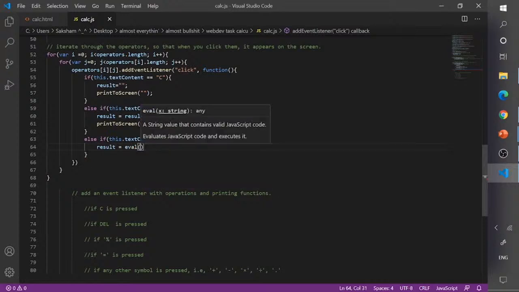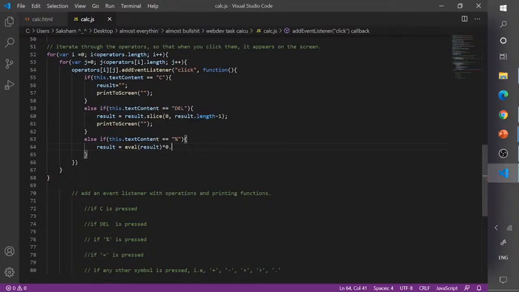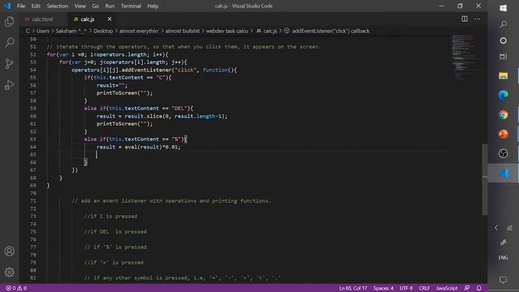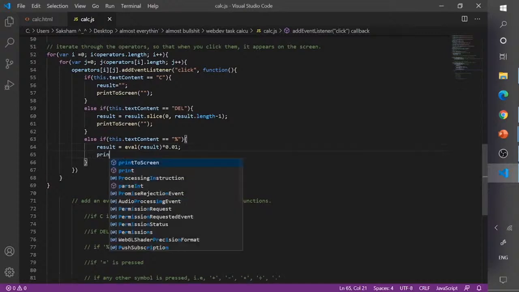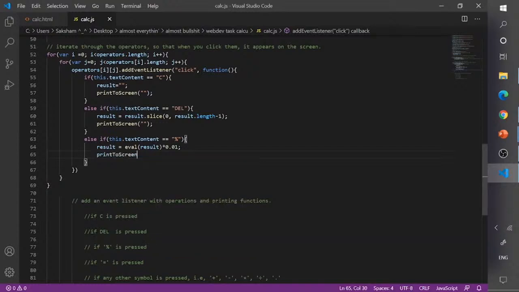This is a method which we use to evaluate whatever is in the result. It takes the string and evaluates it, and then it assigns it, and then it multiplies by 0.01 to convert it into the percentage format. Okay, so print to screen empty string, and we're done with